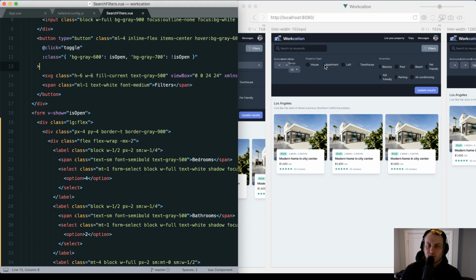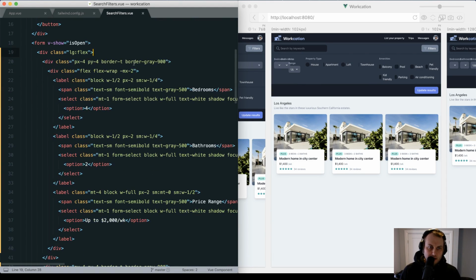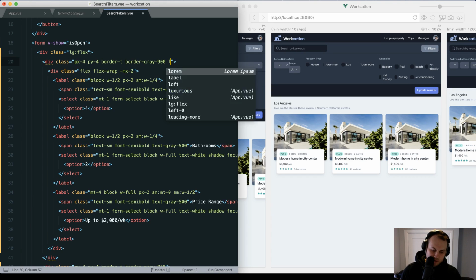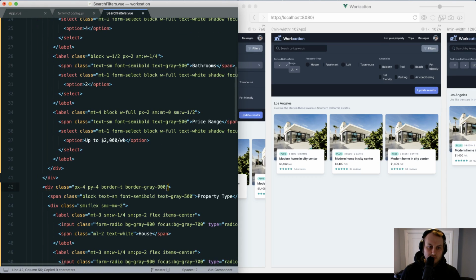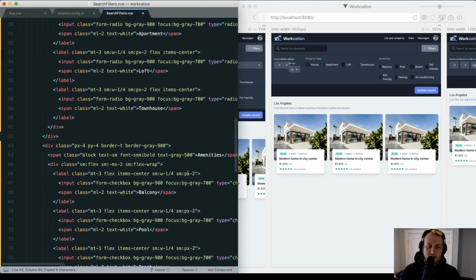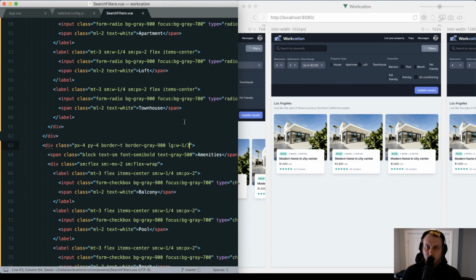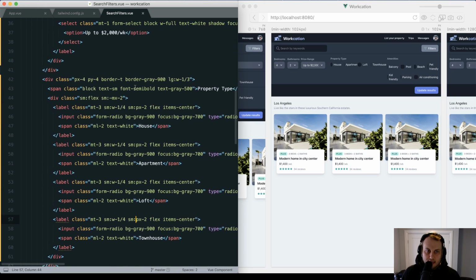Okay, so we've got a problem with all our checkboxes shrinking, like everything overlapping here. That's okay though, we can figure it out. So let's start by giving each one of these a fixed width. So we'll say width 1/3 to start for every single column. And we might tweak this, we might not divide it evenly depending on how much space we need for each one, but we'll start with 1/3 each. I could see us wanting a little bit more space here. So now that we've got that set up,